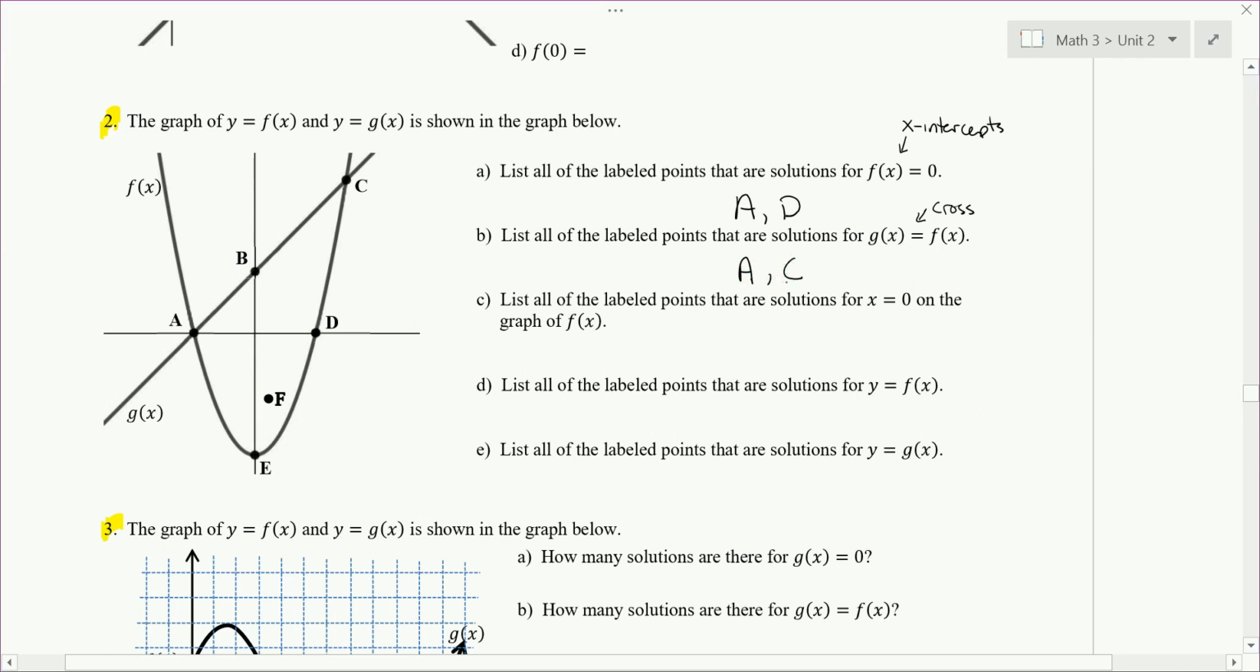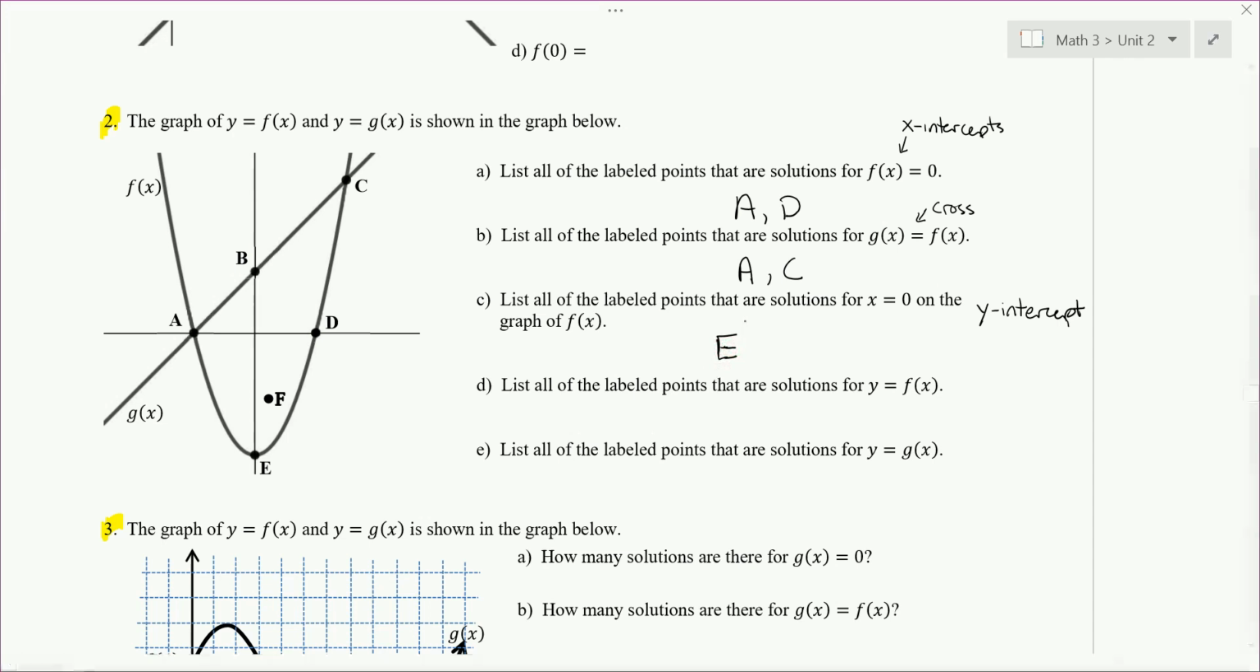Part C lists all the labeled points that are solutions for x equals 0 on the graph of f of x. So, two requirements. It's got to be a point on f of x, and the x value has to be 0. If the x value is 0 and it's on a graph, this is talking about a y-intercept. Where is it touching the y-axis? Because all y-intercepts have x values of 0. And so if we trace along the graph f, we see point E, which looks like the vertex, is the